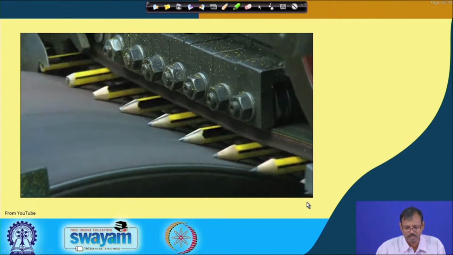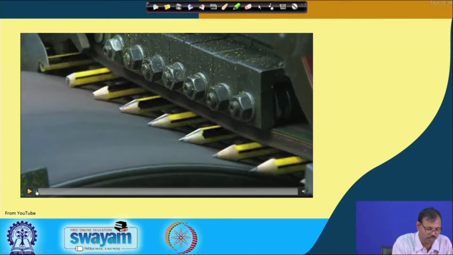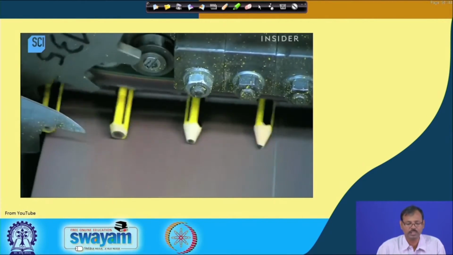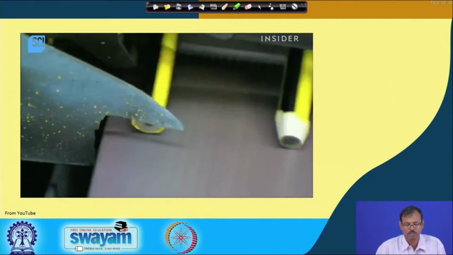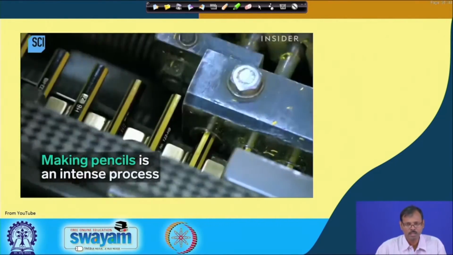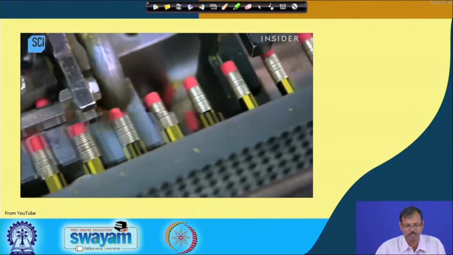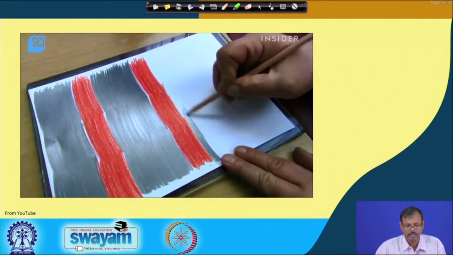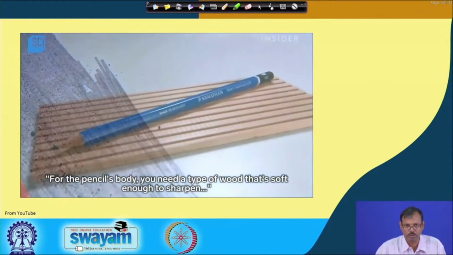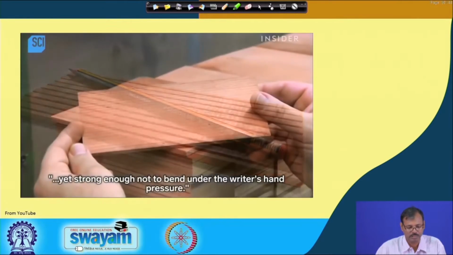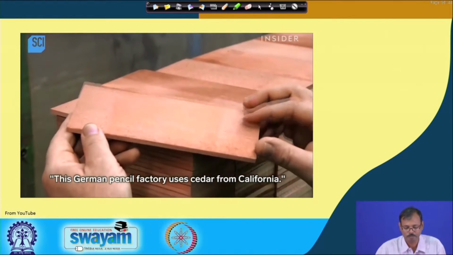As in the last class you observed some videos, I want you to see another video. It will give you a good idea about the different manufacturing processes. This is also taken from YouTube, which is a pencil manufacturing process. So, what happens in this? First the lead of the pencil is made, which is a mixture of graphite with black soil, and then that lead is fixed between two wooden pieces. You can see these are placed in this type of place, and you can see how these are made.